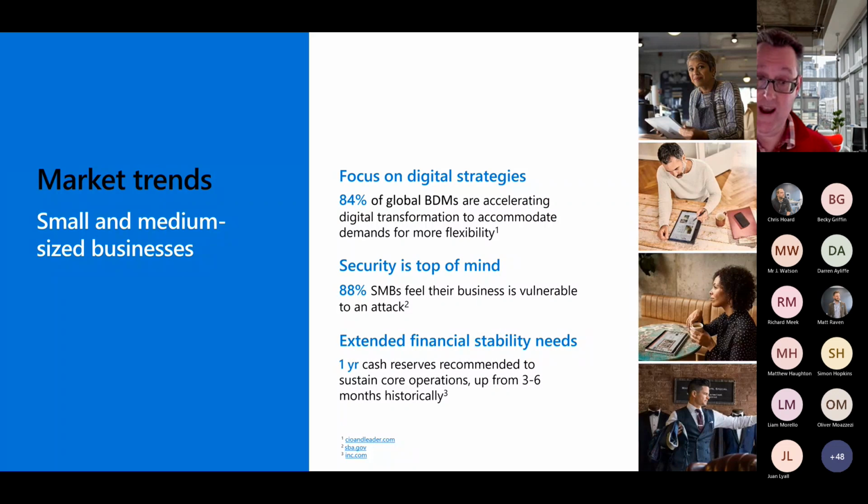Then 88% of small to medium-sized businesses feel that their business is vulnerable to an attack. These days, we have to assume that there's going to be an attack, but what we have to do is reduce the risk to that attack. So we have to start saying, how can we put in place things that are going to make sure that we will not necessarily break or worry about any of those endpoints, any of those identities,